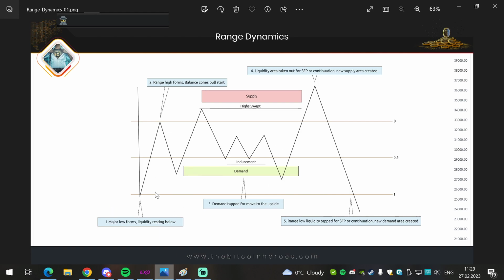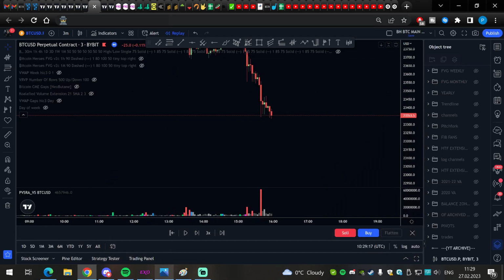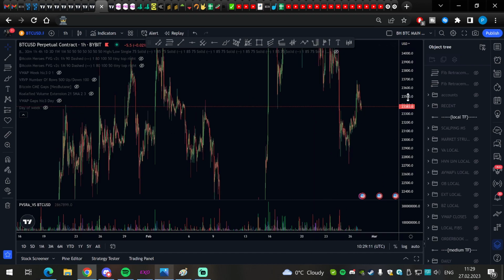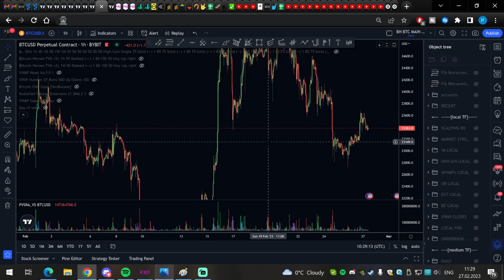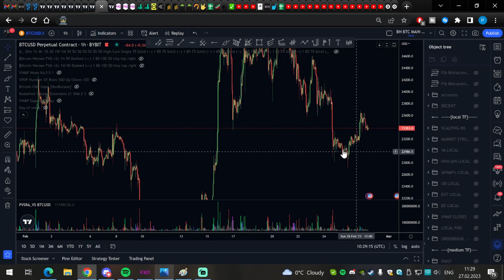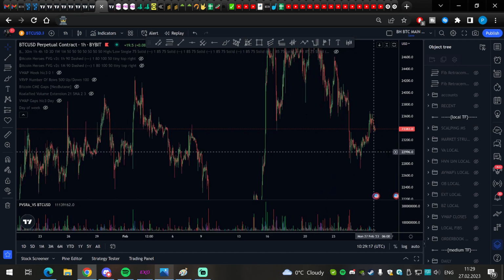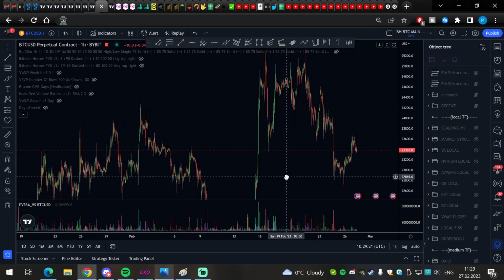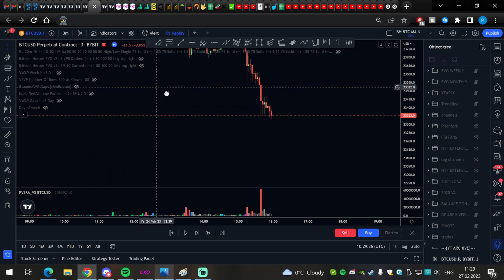And now let's have a look at the chart, and I will be giving you an example. Also, we need to mention, we'll be focusing on this range which happened here, which was happening for 2 days. The context of that range, how you can actually predict the range, because you want to learn in every situation why you created a range. So here, when we go to smaller time frame,